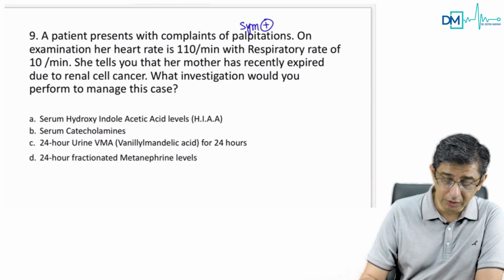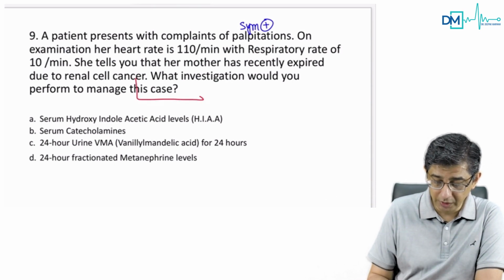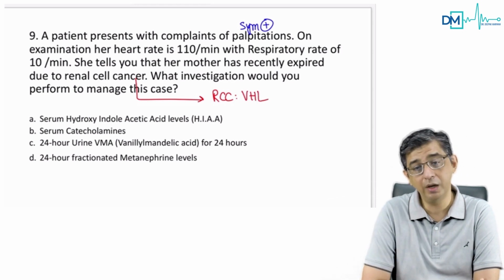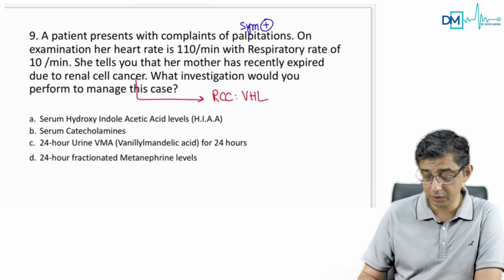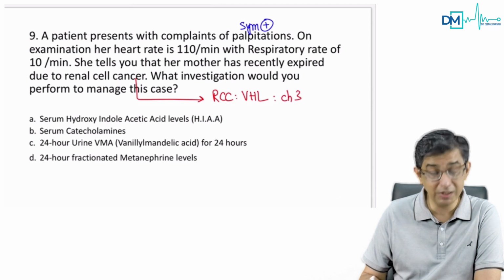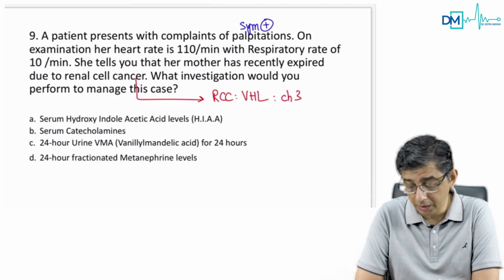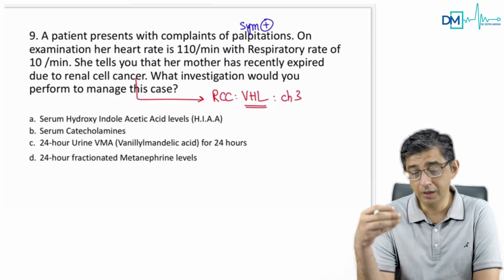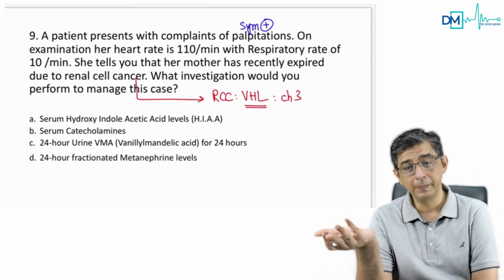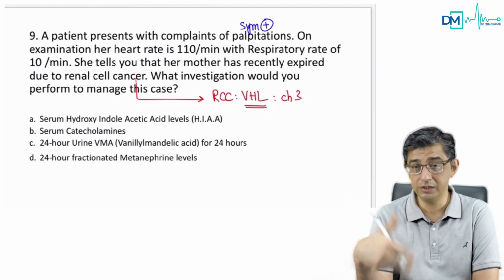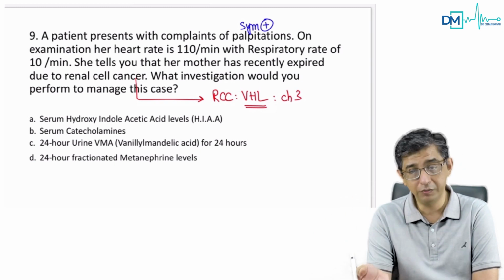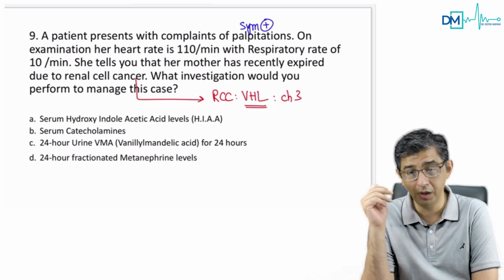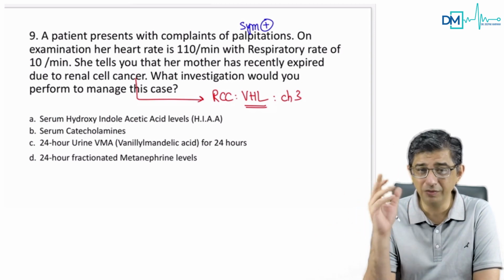Now, the moment you read this, that his mother has died because of renal cell cancer, all of you are aware of the fact that renal cell cancer is related to von Hippel-Lindau syndrome. No? Von Hippel-Lindau syndrome is the one related to chromosome 3, and this can have a genetic basis. So the bottom line is that in this person, there is a possibility of a familial tendency for cancers. You see, the mother has died because of renal cell cancer, and the son or the daughter of this person is presented with features of sympathomimetic stimulation. So, well, this is slightly a difficult one.